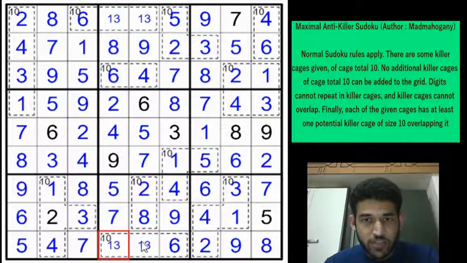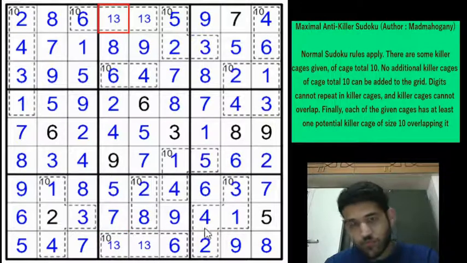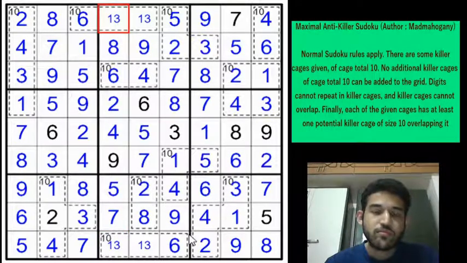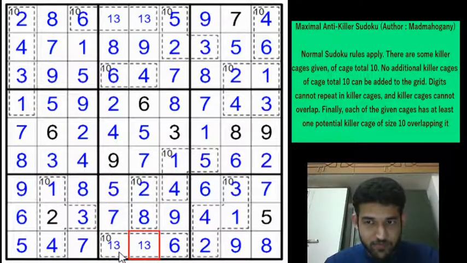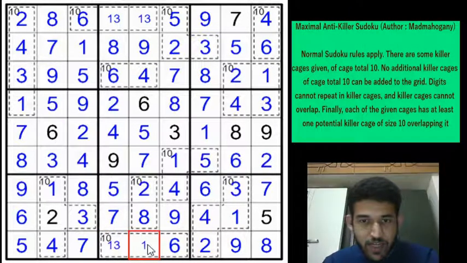Now we need to resolve this 1-3 pair. You have a 7 here. We can place the 3 and the 1 to satisfy that. But we need to be sure that 1 and 3 is also not leading up to 10. So, yeah, I don't think if you place 1 here, you can satisfy the 10 anyway. So let us just try it, let's use grey pencil mark.